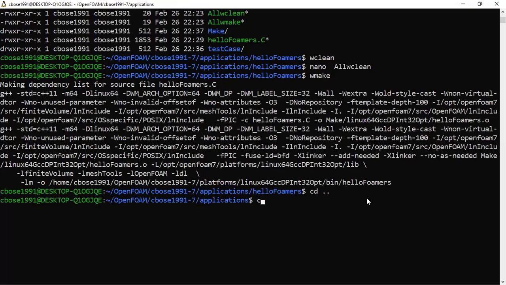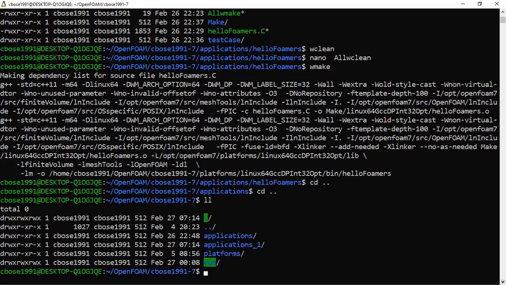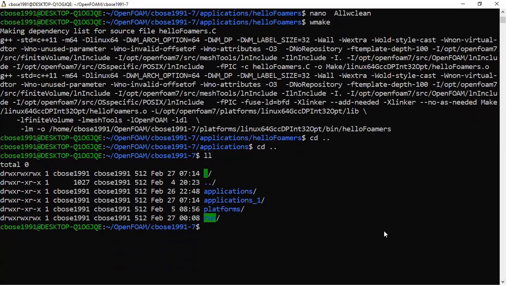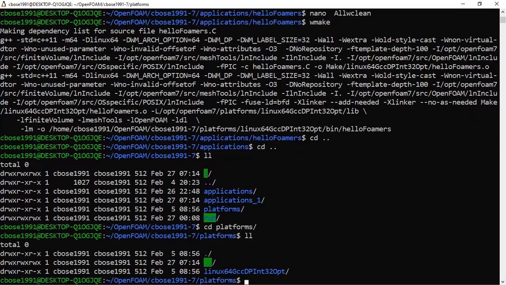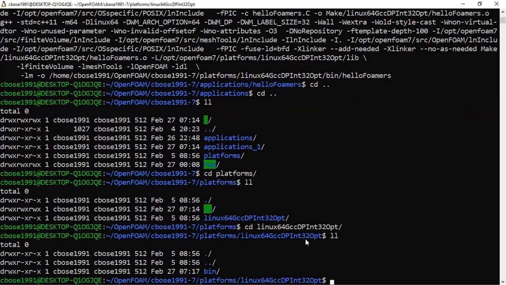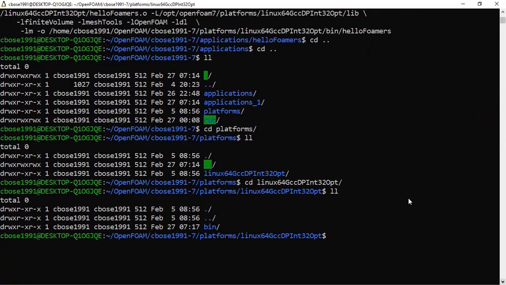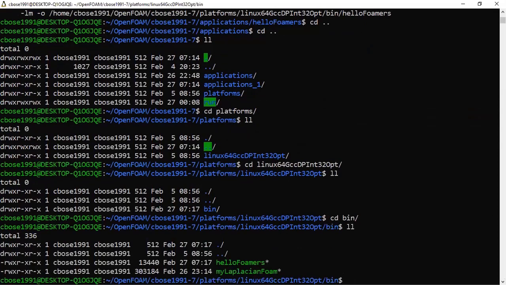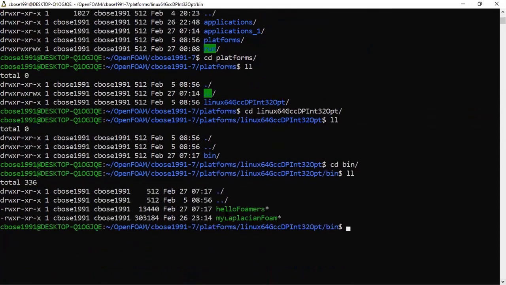If I go to our user directory, which is here, we can see that there is a platform folder created, and within that there is a Linux folder, and within Linux there is a bin folder, right? And if we go to the bin folder, we see that there is an executable called hello formats.